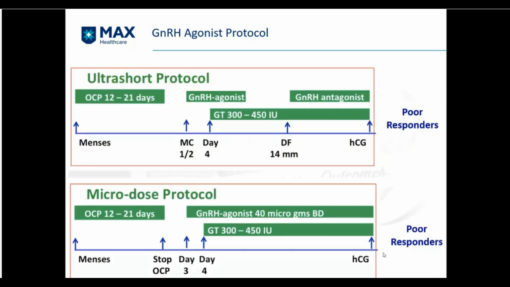In the ultra short protocol, the GnRH agonist is given for just 3 or 4 days. The gonadotrophins are started from day 4 of the stimulation and continued till the HCG shot, and the antagonist is added as we do in the rest of the protocols, at a follicular size of 14 millimeters. The microdose flare protocol is basically for poor responders,